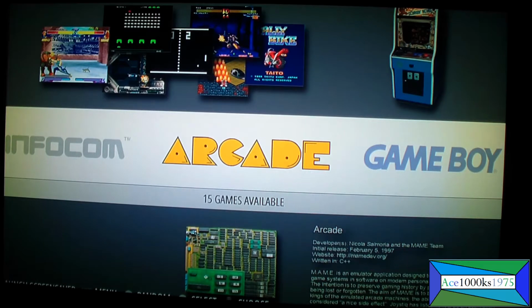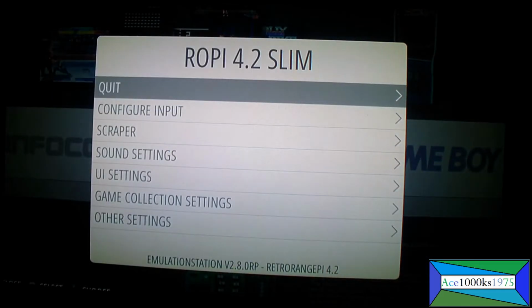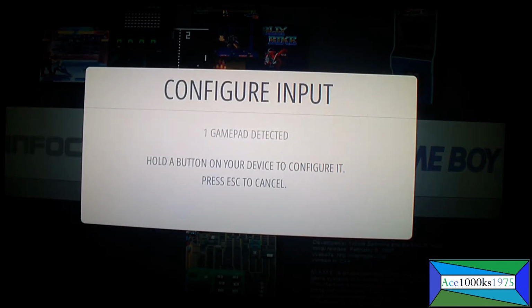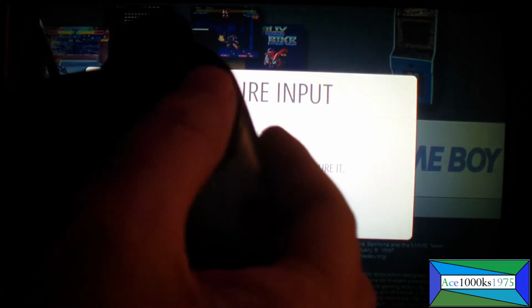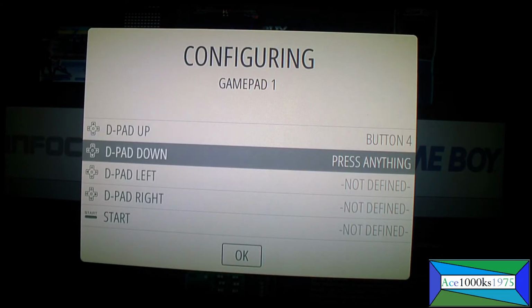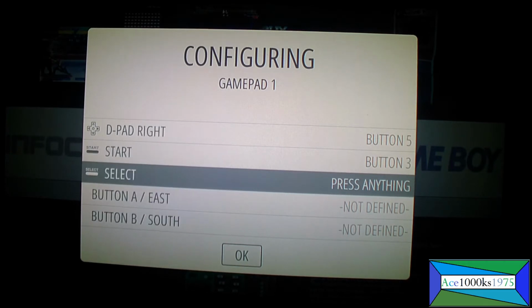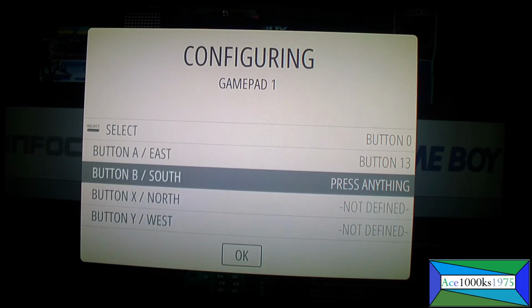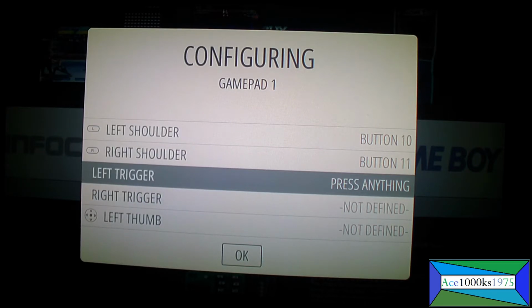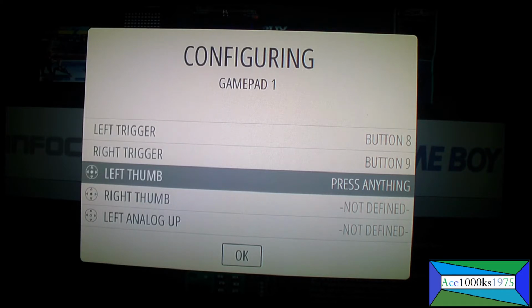First, let's configure the controls. So when you first start the RetrOrangePi operating system, you're gonna have to configure the controls. I already configured mine, but I'm gonna show you how to do it. Just stick in any USB controller, and then I'm just gonna keep a button pressed like this. It detected it, and you just follow directions: up, down, left, right, start, select, A, B, X, Y, left shoulder, right shoulder,